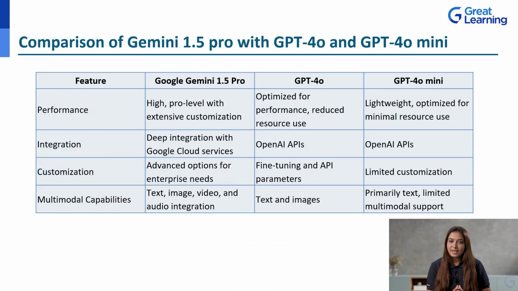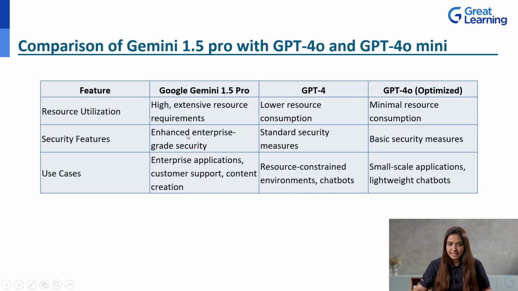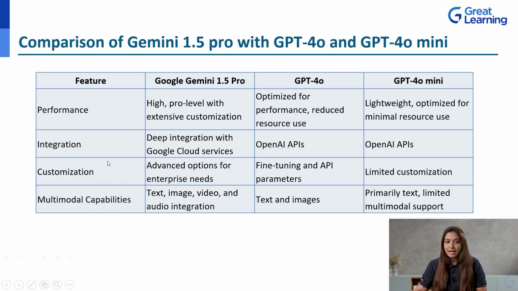Now, let's understand the comparison of Gemini 1.5 Pro with another giant, that is OpenAI GPT-4o and 4o Mini. That's the latest version. Let's have some feature comparison before we go execute a few prompts. Here, we have certain features: performance, integration, customization, multimodal capabilities, resource utilization, security features, and use cases. Across all these features, we will compare all three models, that is Google Gemini 1.5 Pro, GPT-4o, and GPT-4o